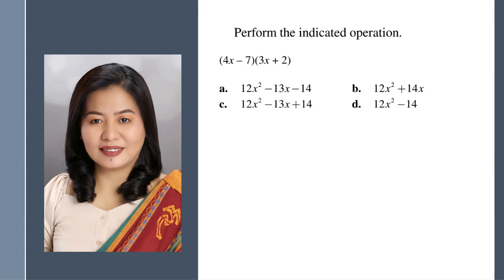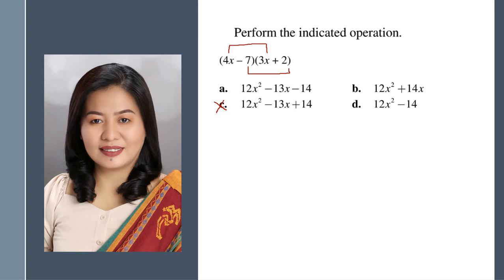So next number is a binomial times a binomial. Let's try to apply this. Let's start first. 4x times 3x is 12x squared. So all the options have 12x squared, so we cannot eliminate yet. Next is negative 7 and 2, that's negative 14. Negative 14, so we can eliminate C,